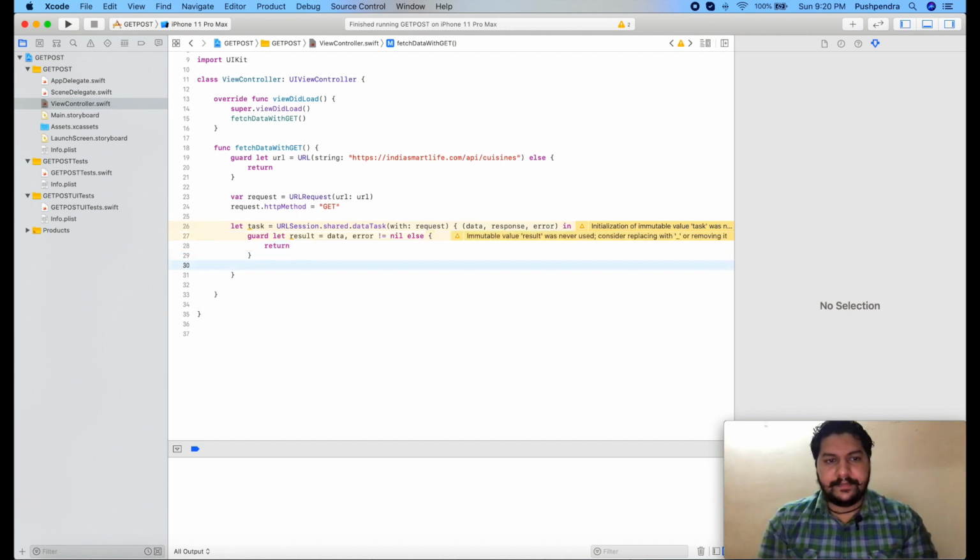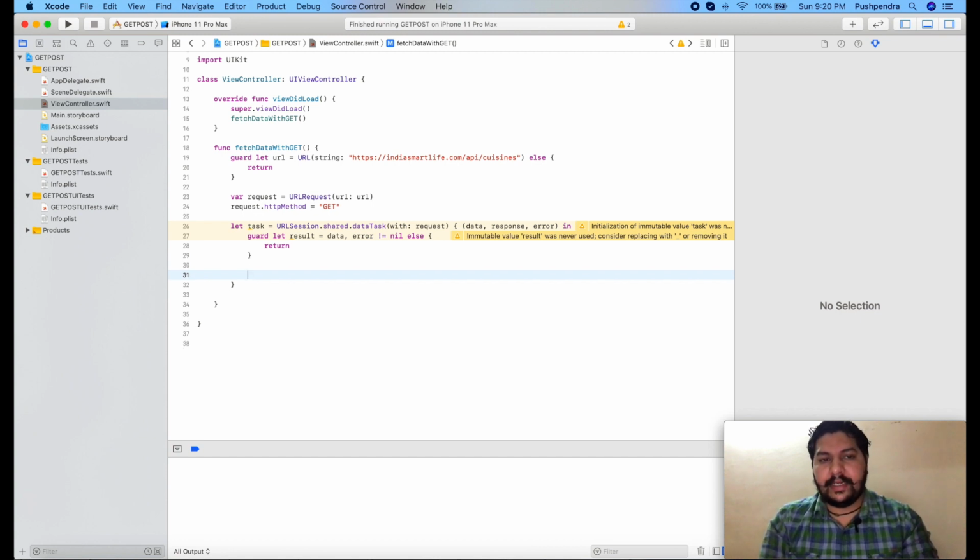So after that I will fetch the data from the result, okay. So how we can do that? Let string data, I'm taking as a string, okay.